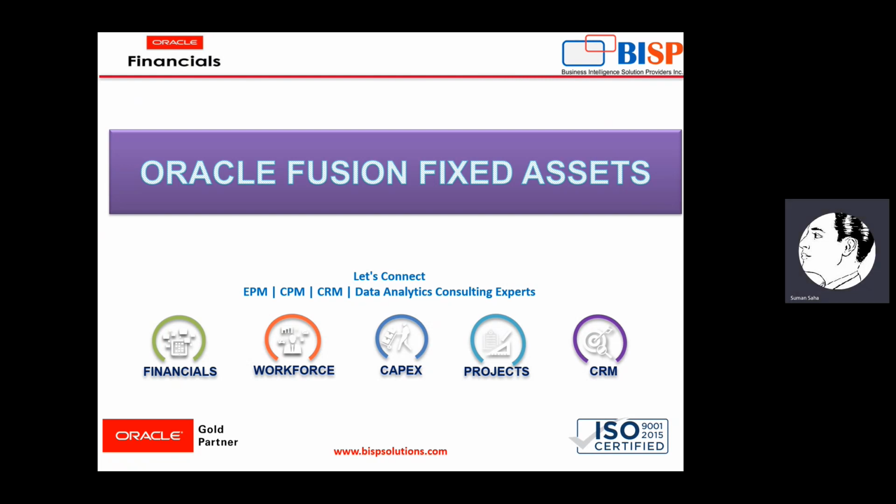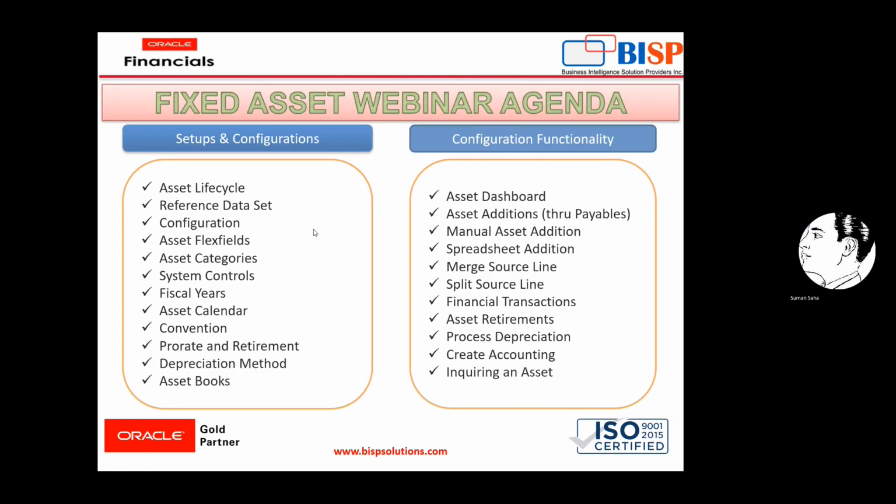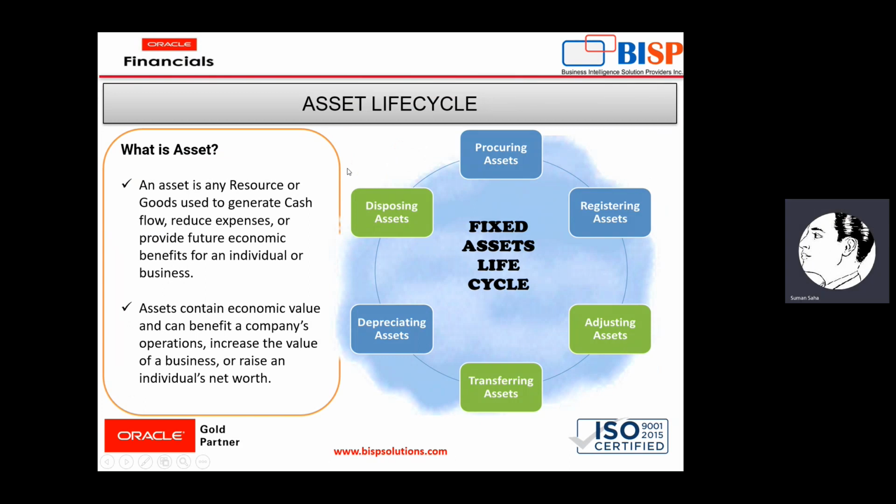In the Oracle Fusion Fixed Asset series, yesterday we went through Oracle Fusion basic setups, and we discussed fixed assets, asset lifecycle, reference data set, configuration, asset flex field, asset category, system control, fiscal year, asset calendar, conventions, prorate and retirement, and depreciation method and asset book. So we will quickly recap yesterday's